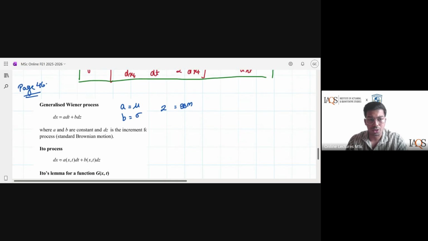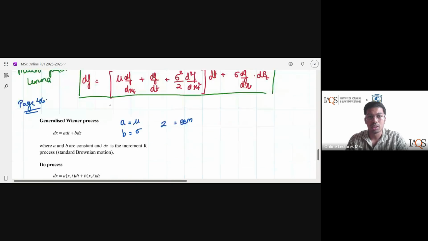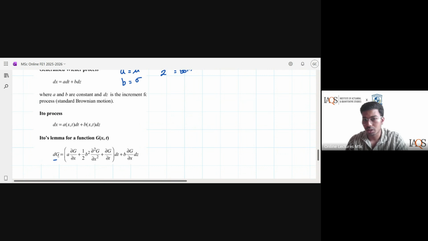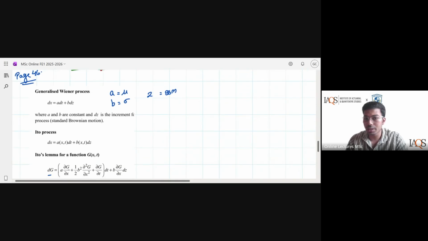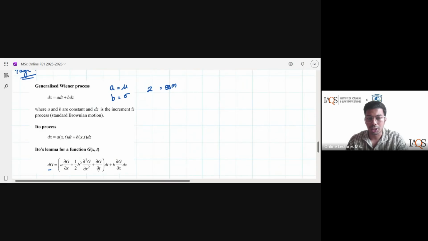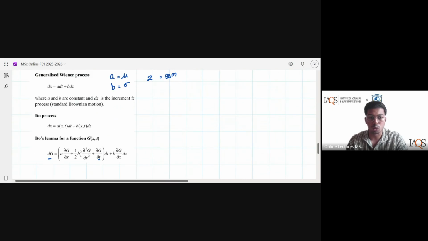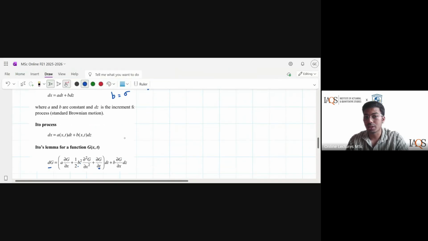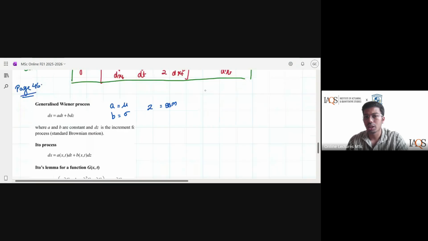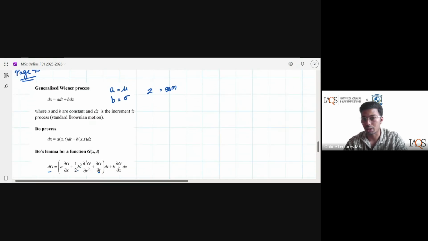Now, if you see this equation, that's just saying dg, what we were calling f, they are calling g. So dg is equal to mu into df by dxt, a into dg by dx, plus df by dt, dg by dt, plus sigma square by 2, b square by 2, d square g by dx square, the whole into dt, plus sigma df by dxt, b dg by dxt, into standard Brownian motion dbt, here they have dz. So it's just that their a and b are mu and sigma, their standard Brownian motion is z, and their function is actually g. So you don't have to remember the equation at all. You can directly use it from the table book.